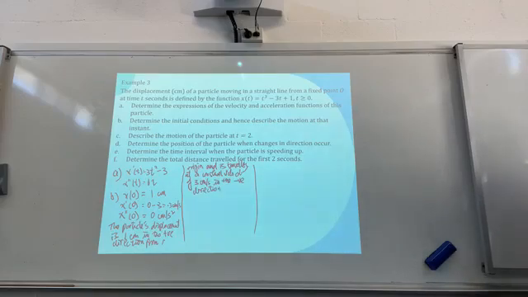All right. Part C. Describe the motion of the particle at t equals 2. Work out x at 2, solve that out, which is 3 centimeters. Velocity is 9 centimeters per second. And then acceleration at 2 is 12 centimeters per second squared. So in this case,